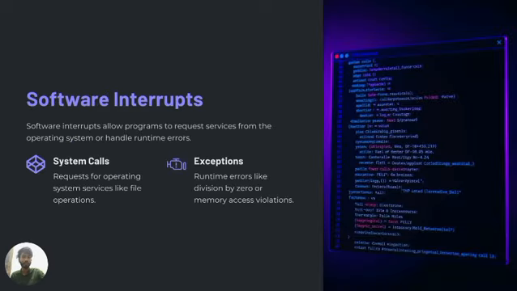So here are software interrupts. Briefly, software interrupts allow programs to request